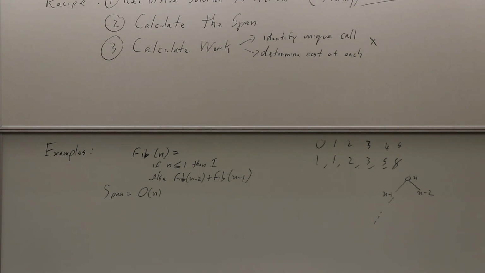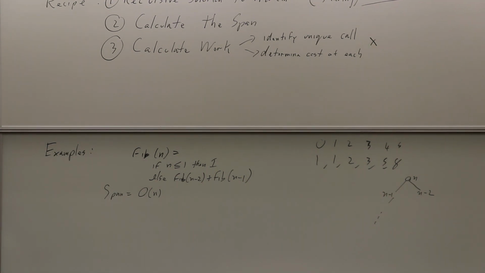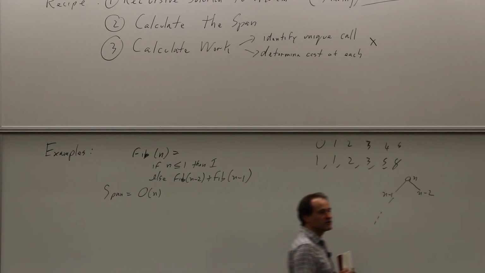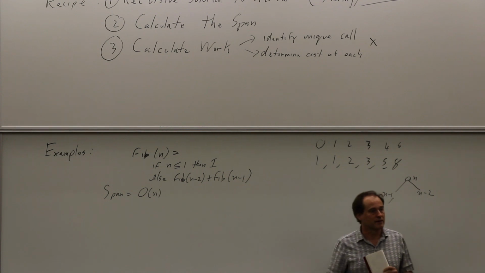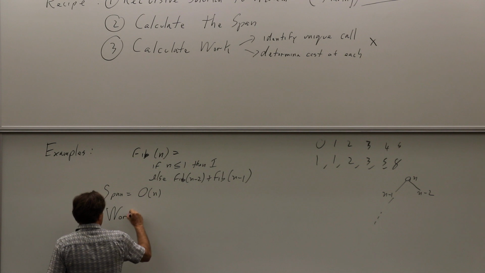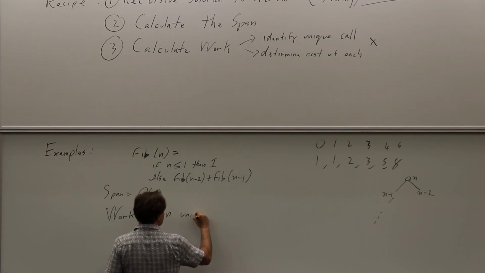Now, it turns out that this particular example is not parallel, so the work is also going to be order n, and we're not going to gain much parallelism, but we'll see that in all the other examples we cover there will be parallelism. So then we want to identify the unique function calls. If I do a fib on 7, I'm only going to count it once. So how many unique function calls are there on fib of n? N, right? So work equals n unique calls,